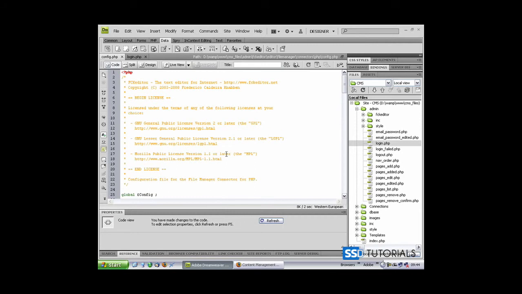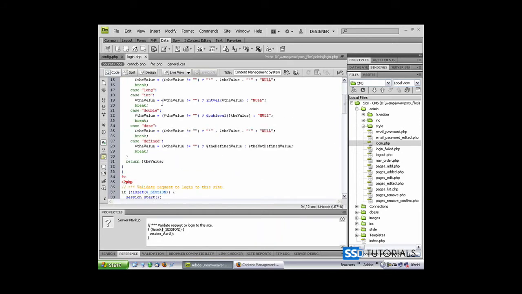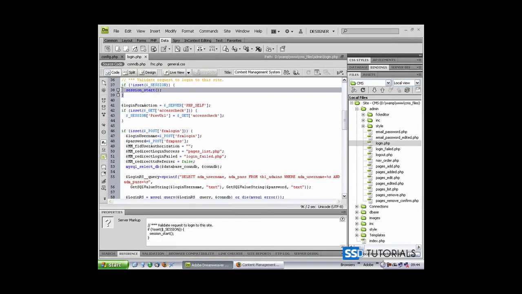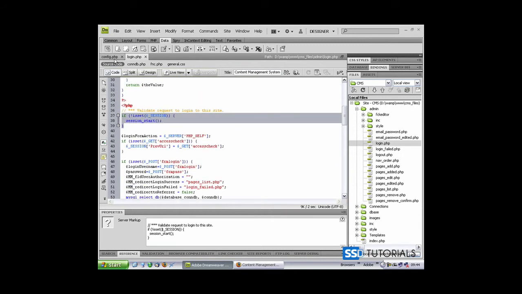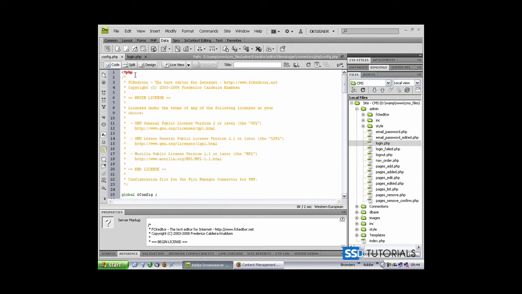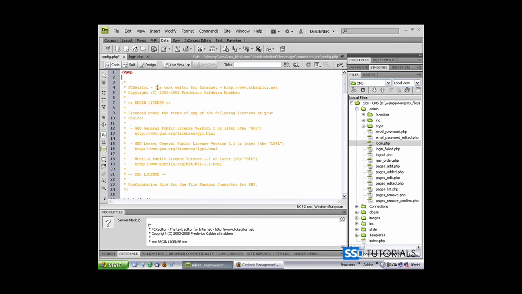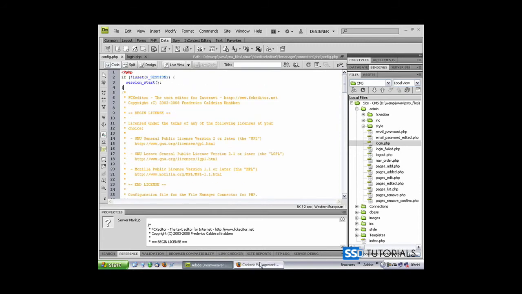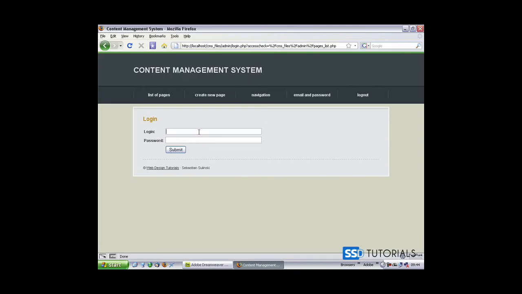Now we also need to initiate the session variable, all the sessions. So if we copy this if isn't set session start from our login.php and paste it right at the beginning of the entire file. Now if we go to our system and login,